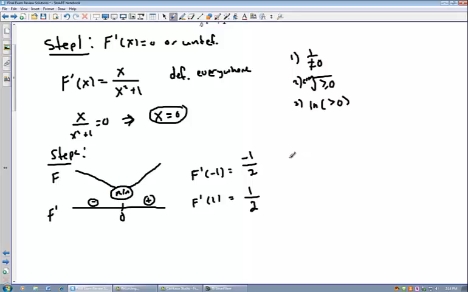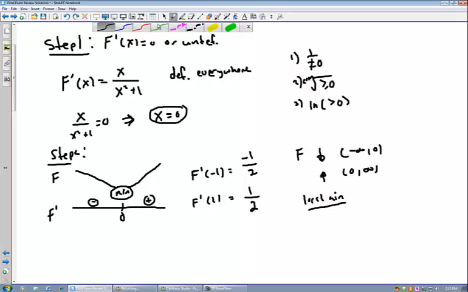And so we can write down the analysis here. We know that for f, it's decreasing from -infinity to 0, and it's increasing from 0 to infinity. And we have a local min at 0, comma f of 0. Right, so let's just write it like this. We have a local min